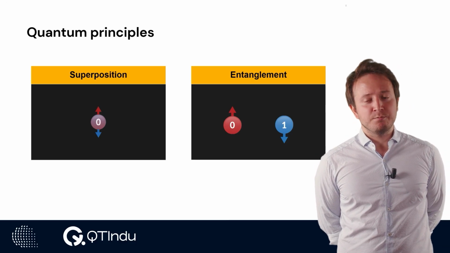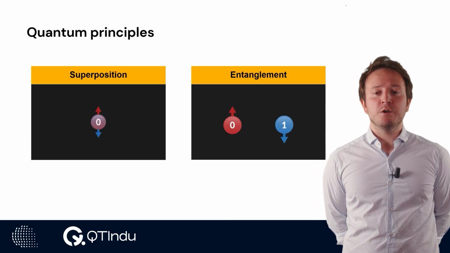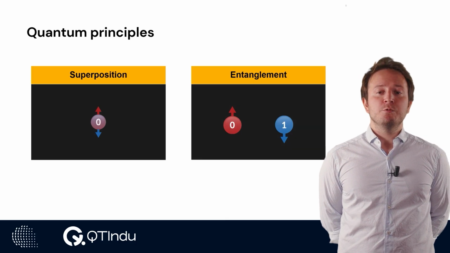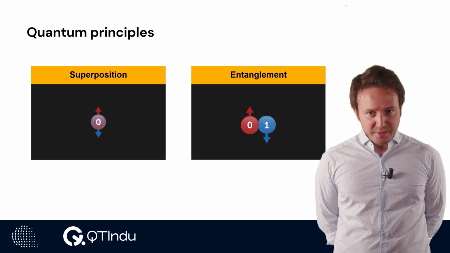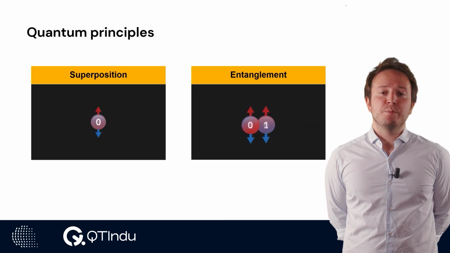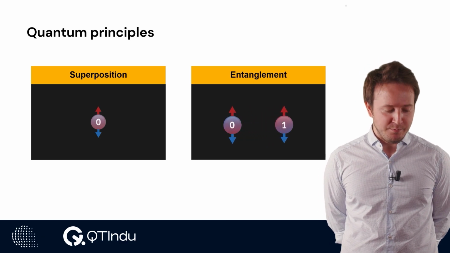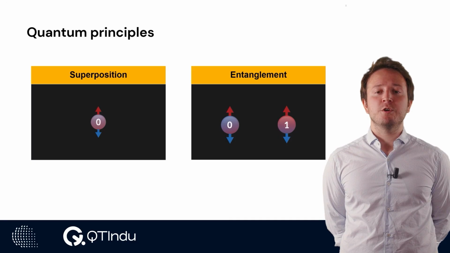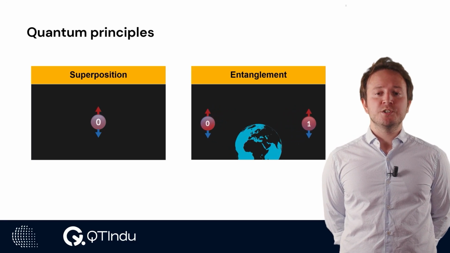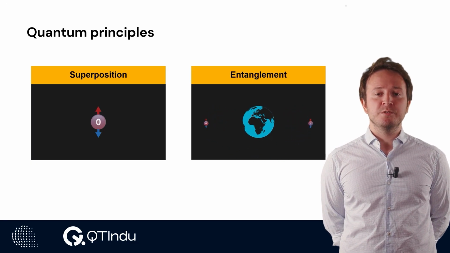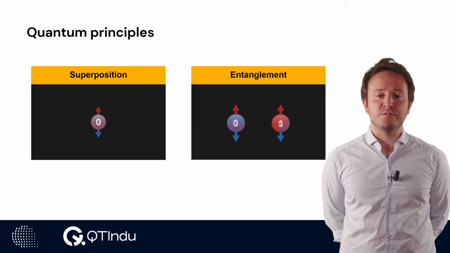Entanglement is a property of multiple qubits. In particular, when we have two qubits together, we can let them interact, and the interaction will prepare some states, and if the state is prepared in a particular way, then there are correlations that will be retained even if the qubits are spread apart and very far away from each other.